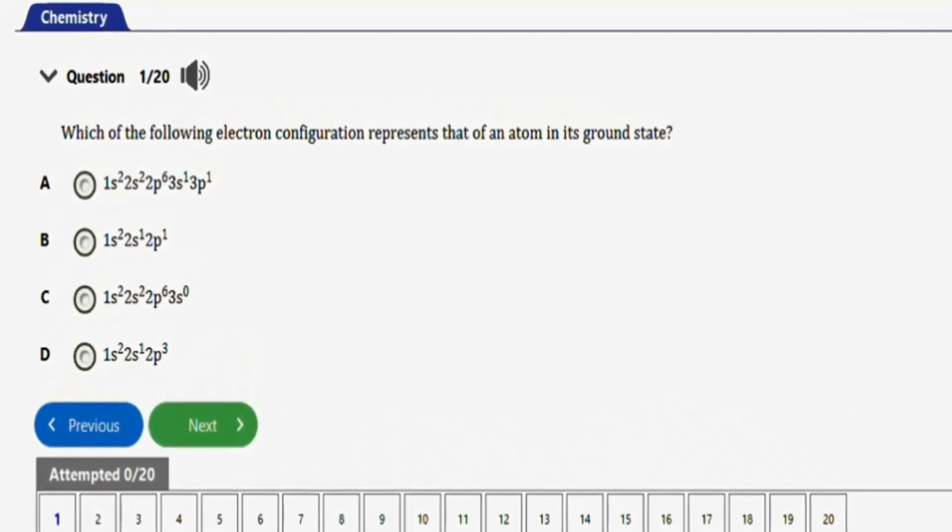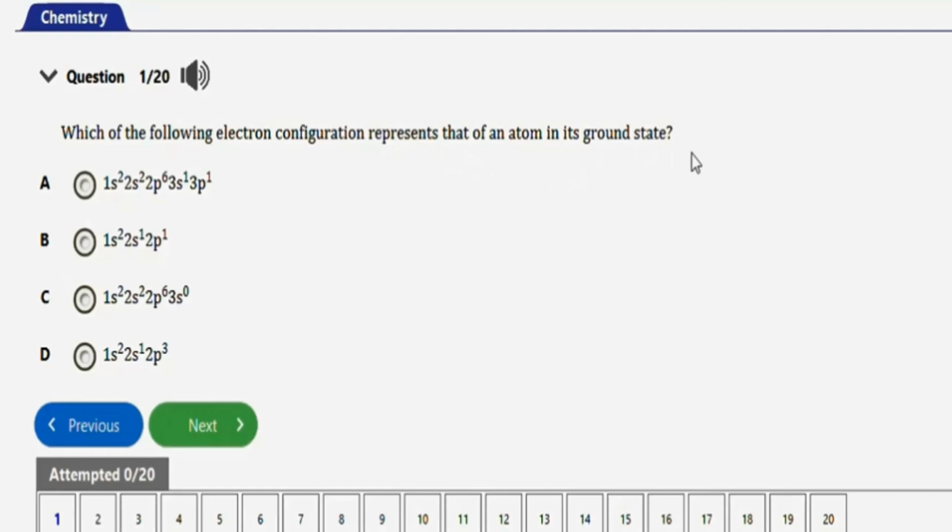In this video, we're going to learn how to solve these chemistry problems under electronic configuration. We have about 18 repeated questions to practice with in this video. Let's get started. The first question says, which of the following electron configurations represents that of an